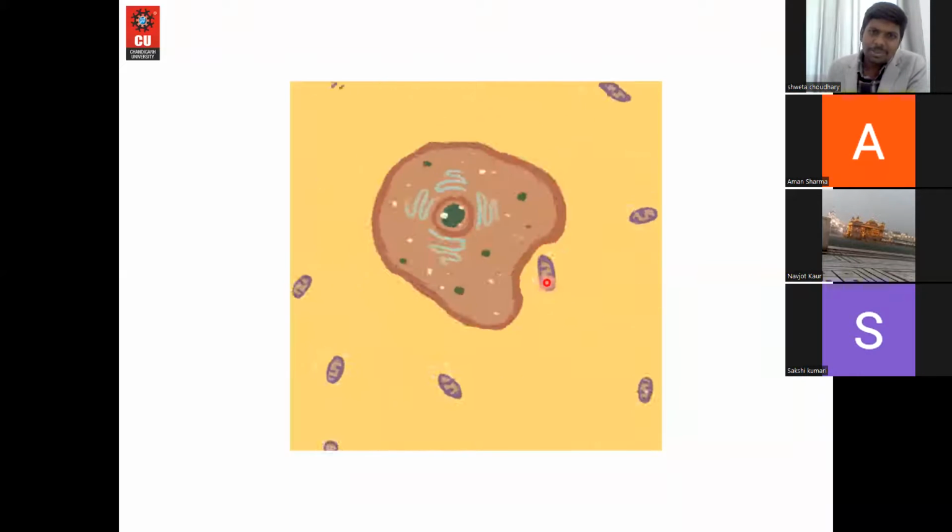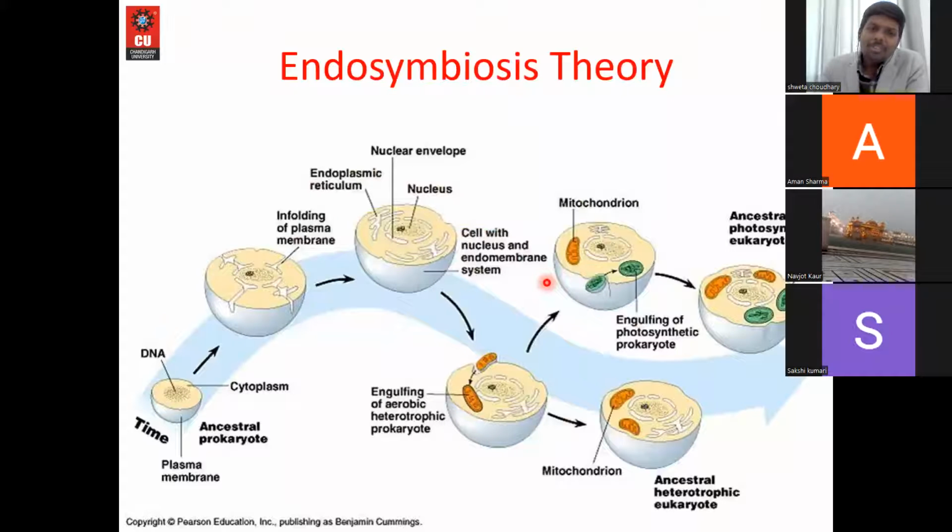Such a wonderful concept. So this concept is called the endosymbiosis theory. Okay, so this theory was proposed by a scientist. Her name is Lynn Margulis. She is the best living scientist, the best candidate in the field of evolution, to give such an extraordinary, groundbreaking theory called the endosymbiotic theory. If the endosymbiotic theory is true,